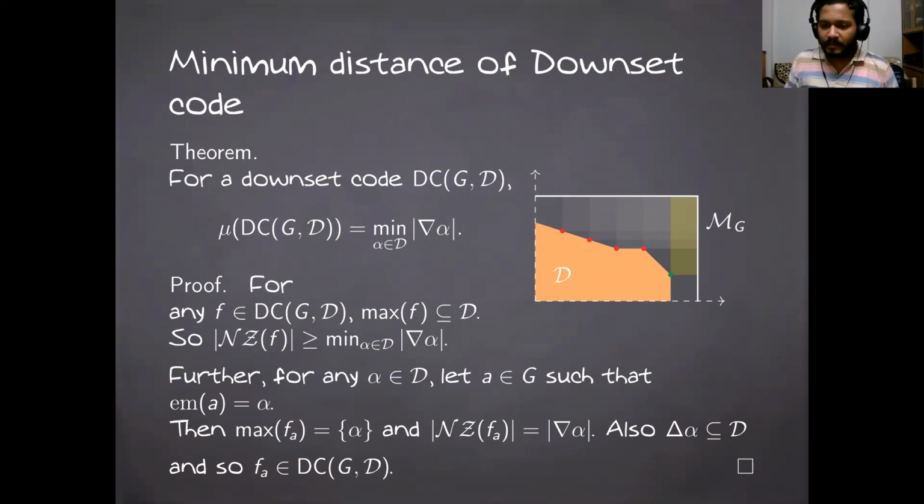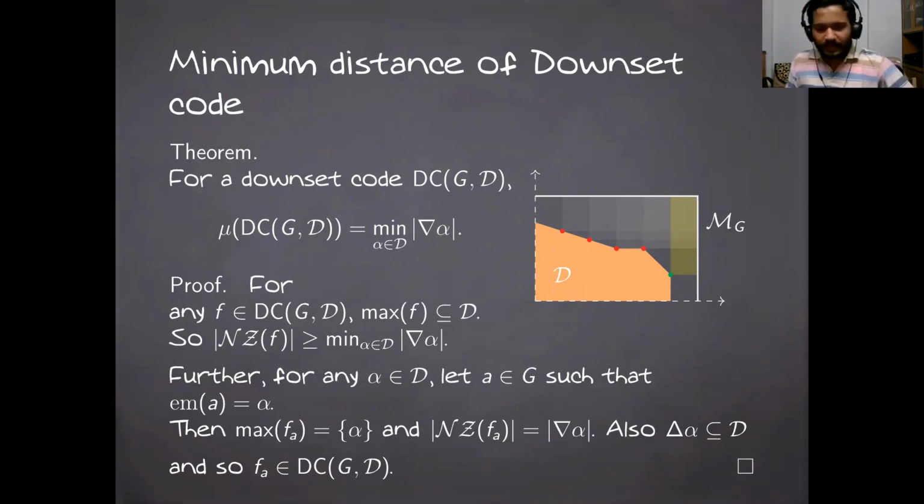But the crucial part of getting the decoding algorithm to work all the time is the complete characterization of the minimum distance, no matter what downset you take. And what we show here is that using a classical result called the footprint bound, we can actually characterize the minimum distance combinatorially and compute it efficiently. And therefore, we can actually implement the decoding algorithm and make things work. So that's as far as downset codes are concerned. With respect to minimum distance, the discussion ends here.